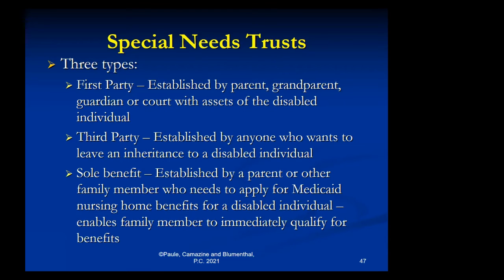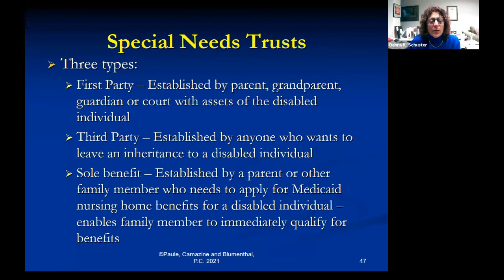There are three types of special needs trusts. Generally, there's a first party special needs trust, which is first party because it is used with the assets of the disabled individual. So through inheritance that is left directly to a disabled individual, through lottery or a lawsuit judgment or settlement that is received by a disabled individual, such as a personal injury or a malpractice settlement or judgment. Those are all assets that are in the disabled individual's name,